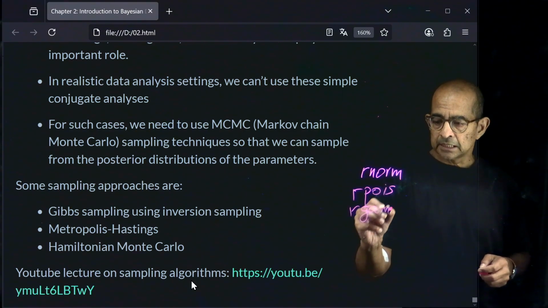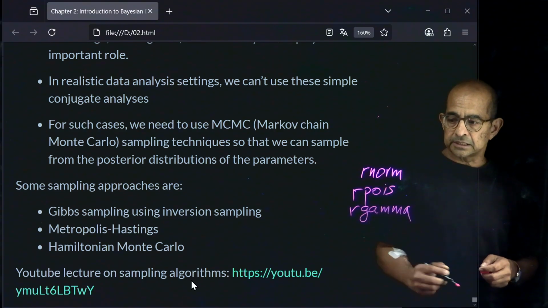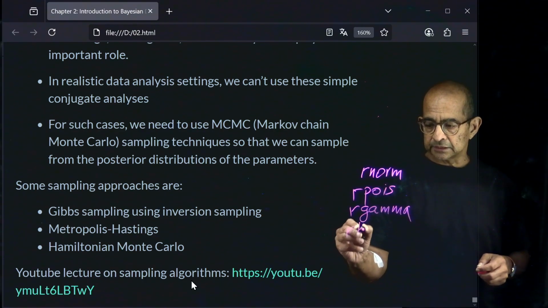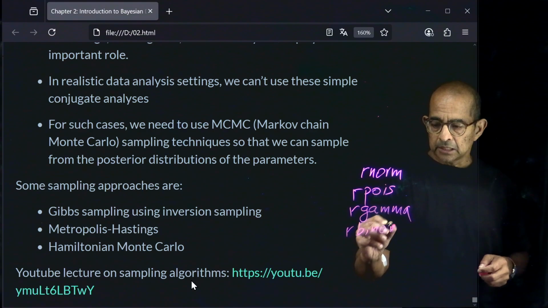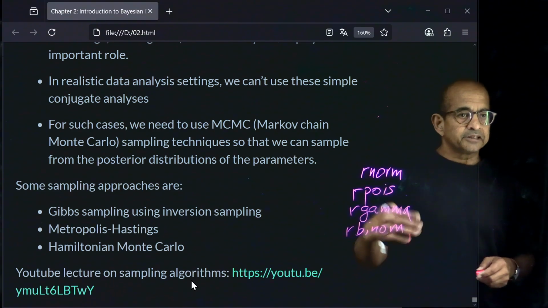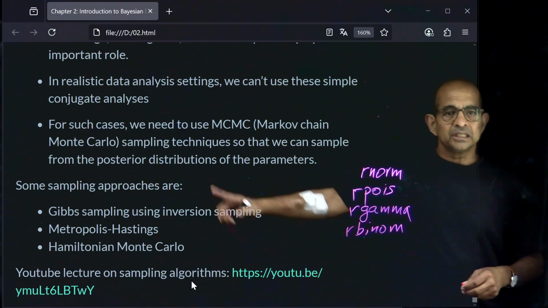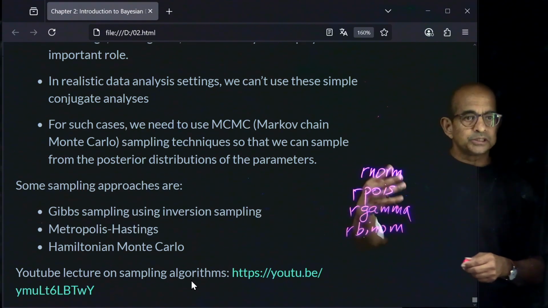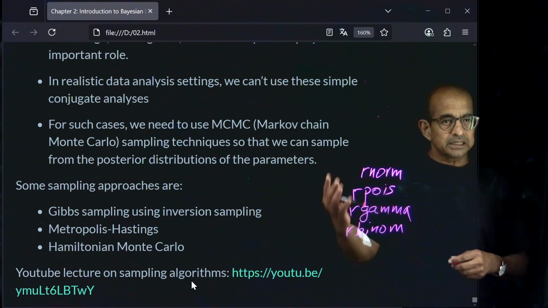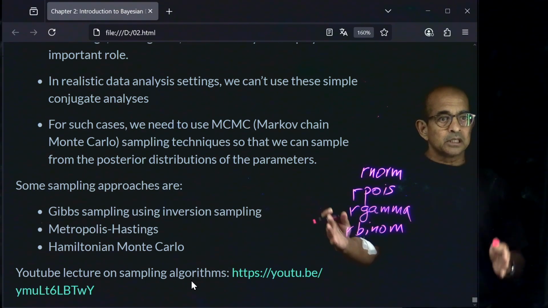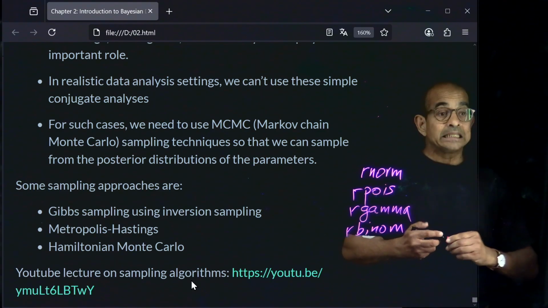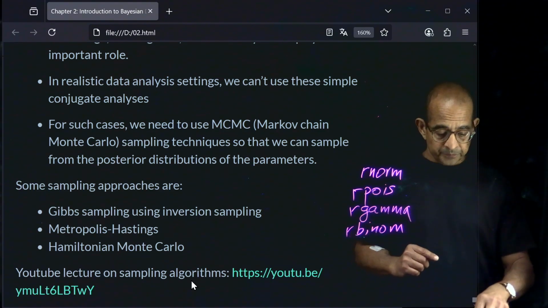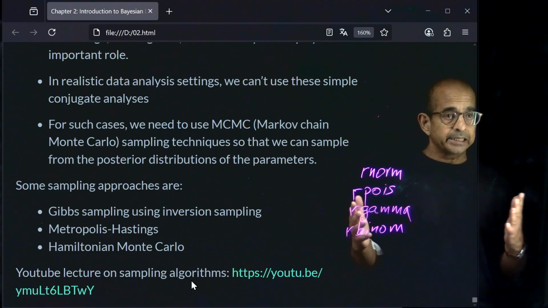So these are three examples that we have seen, and rbinom also we have seen, right? These functions generate samples from a particular distribution, and these algorithms will do the same thing in the sense that they will give us actual samples from the posterior distribution given some likelihood specification and given some priors on